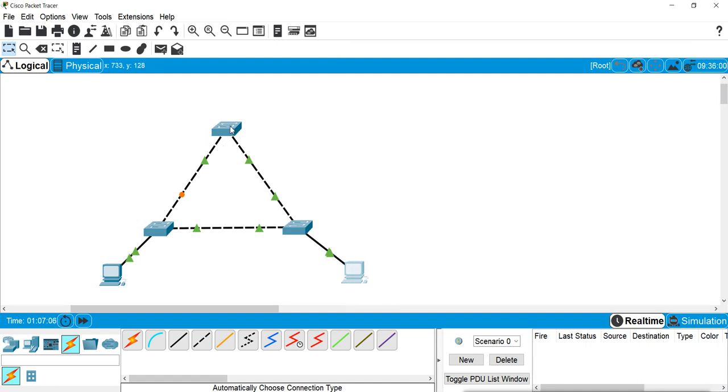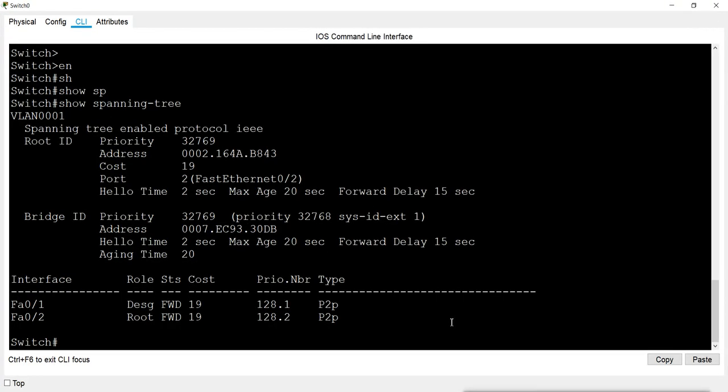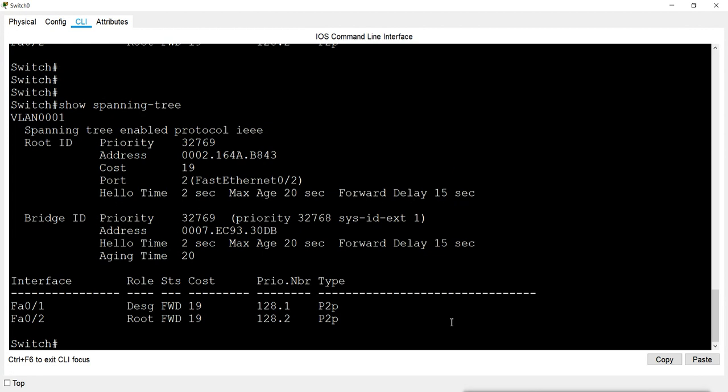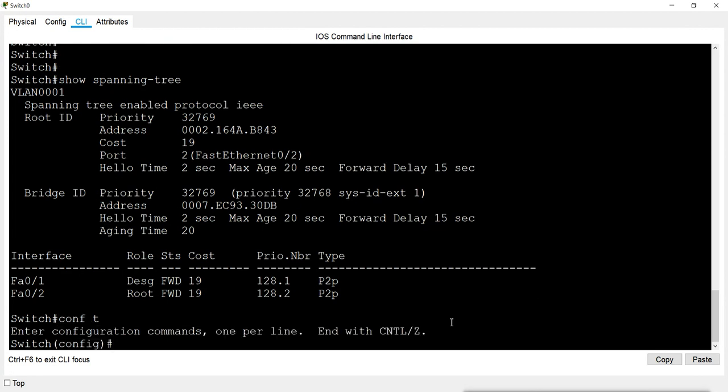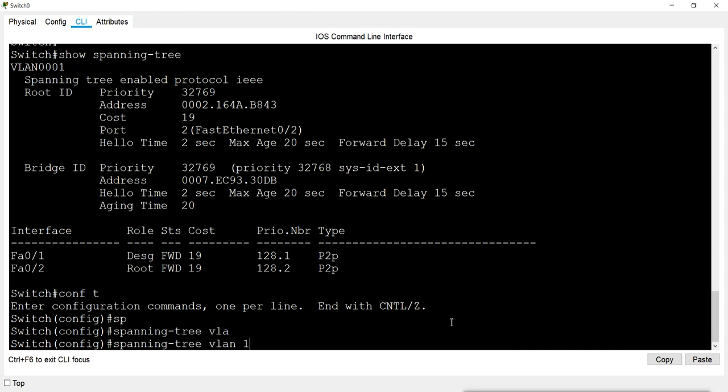So I will disable the STP. It is enabled by default. We can check it. Now if we want to disable or enable it, we can go to configuration mode and run spanning-tree with the VLAN number. This command is to enable the spanning tree.